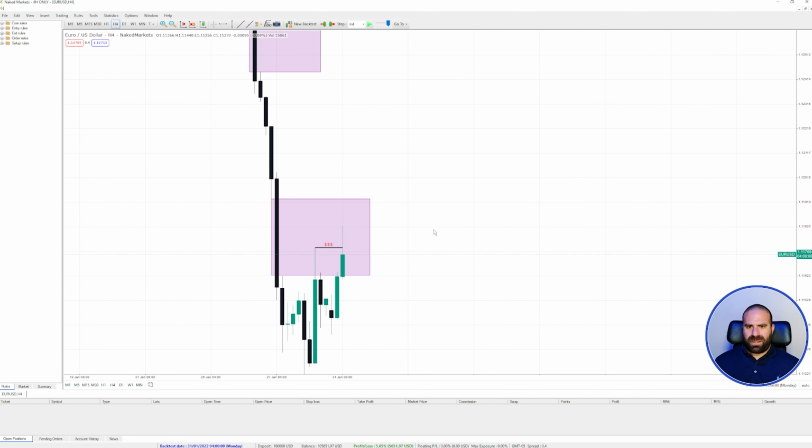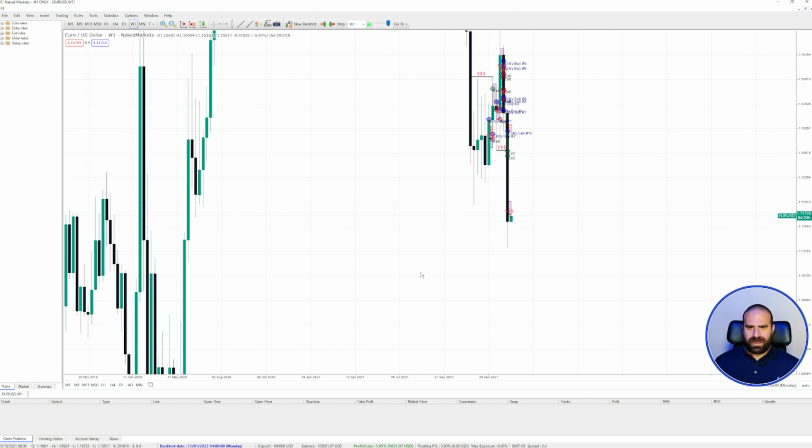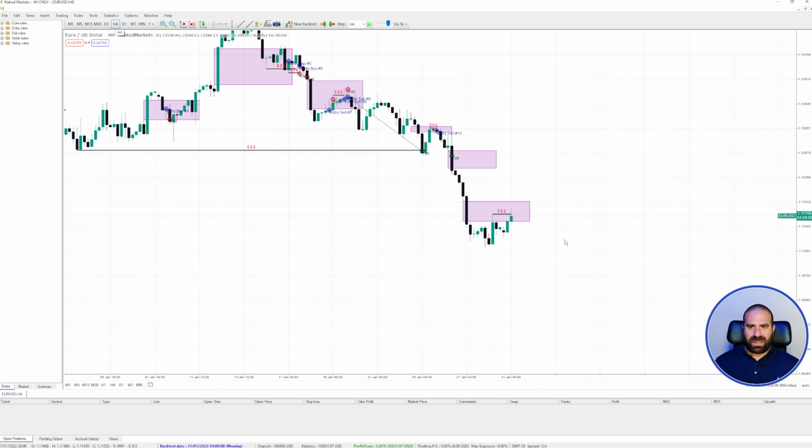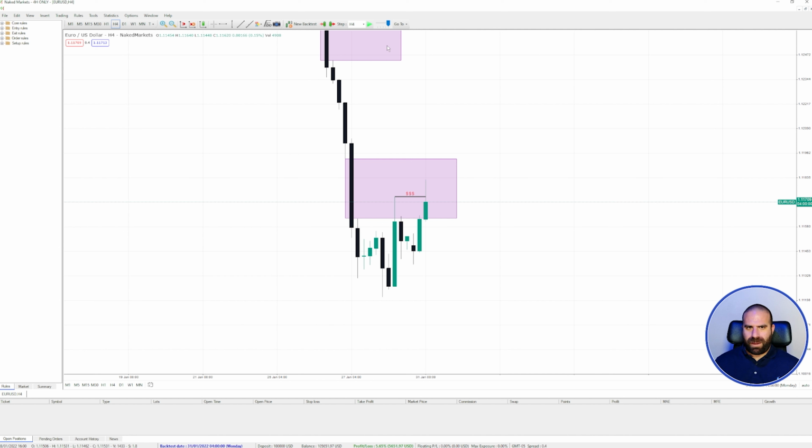Something is telling me that there will be, let's check out the weekly a little bit right here. Yeah, something is telling me that we might have some form of reversal. I mean, a further push up to grab this liquidity above this high. But if I am to follow the strategy, I should enter here and I will say trading new instant order,